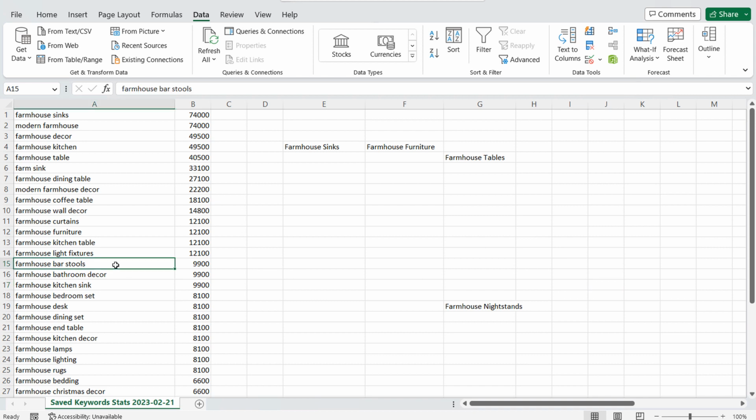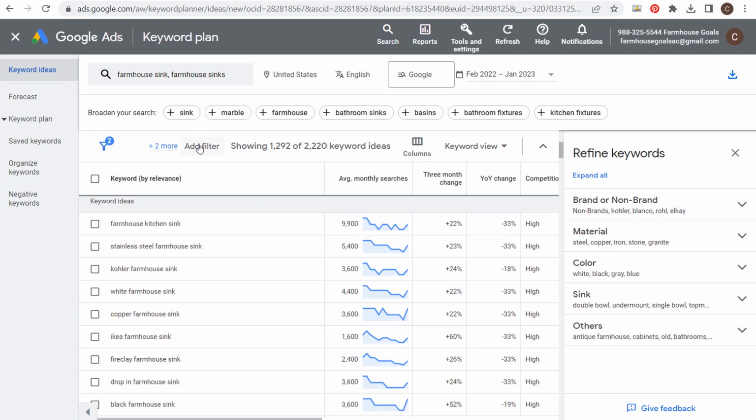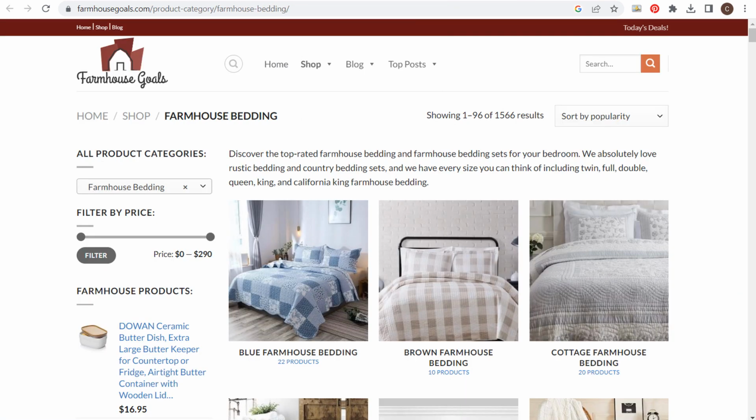Same thing here over here with bar stools. So kitchen table would go underneath table, but I don't go through each individual keyword here. I just come back over to the keyword planner and use the filter like I've showed you. So the example I'm going to be using to show you how I come up with long tail keywords and the overall strategy that I've been using for my own website that's helped me drive a lot more traffic is